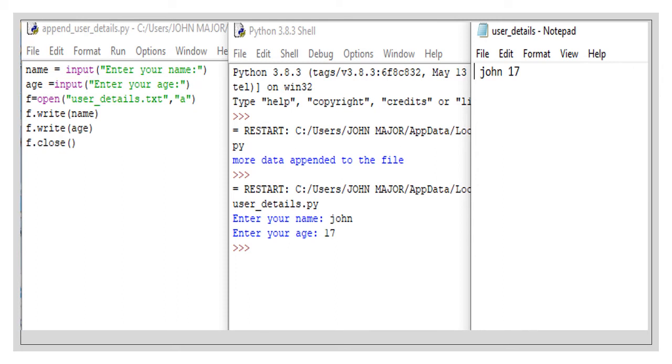Then after that, in the program we have given the values. Those values are added as data in the text file. This is called appending data. Here we don't have any previous data, so the new values are added with the help of append mode, a mode. So we have gotten the result only at the last position.